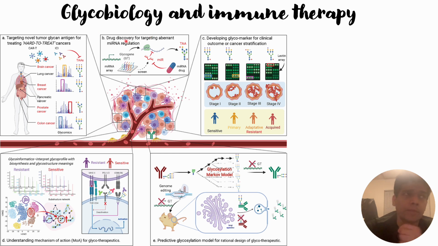So from this aberrant glycosylation, we expected to find some glycan epitopes that are unique to the tumor cells only, and then we can use these immune therapy approaches against those glycan epitopes. This is the initial process to develop this immune therapy. First we need to get the glycan antigens in these hard to treat cancer cells, and once we have identified the unique glycan antigens from the cancerous patients or from the diseased patients,